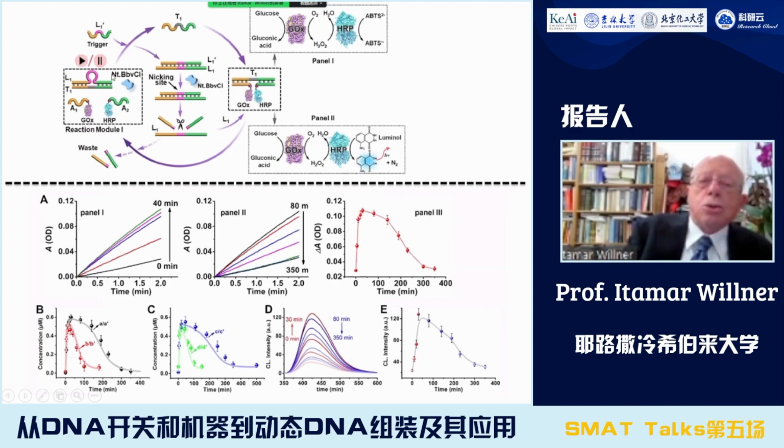We have a reaction module of two strands, L1T1, and two strands modified with glucose oxidase and horseradish peroxidase. In the presence of the trigger L1, we separate this complex and we induce the formation of this intermediate structure